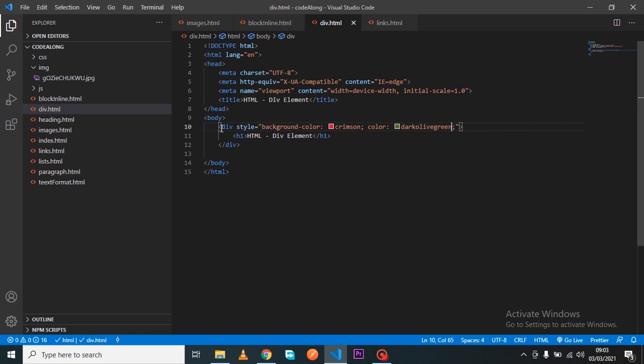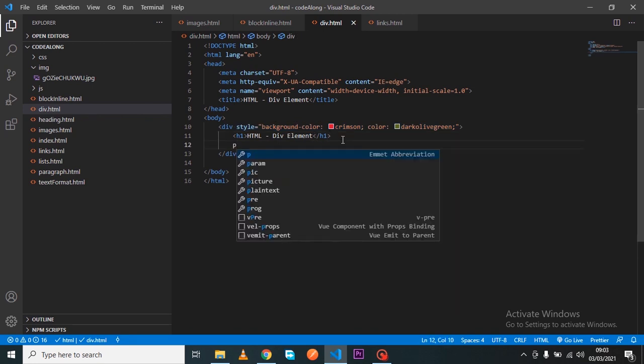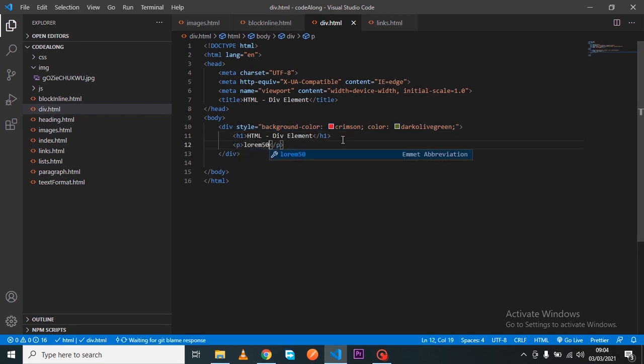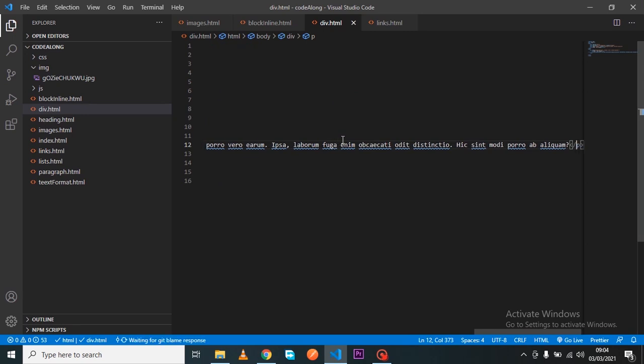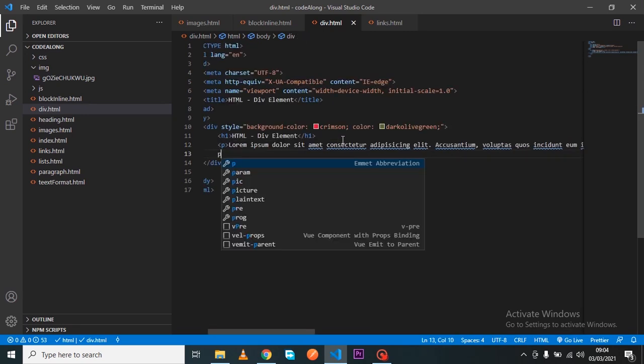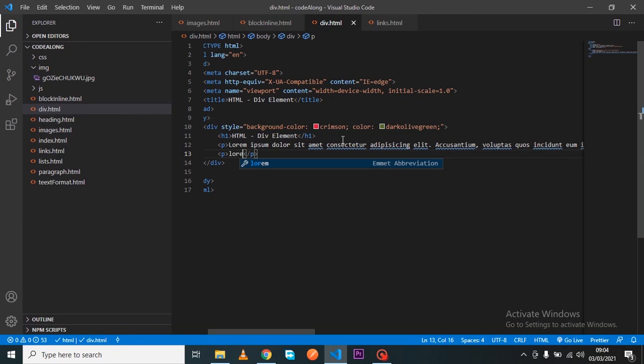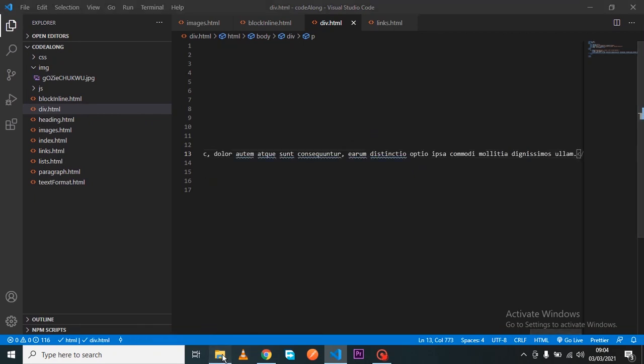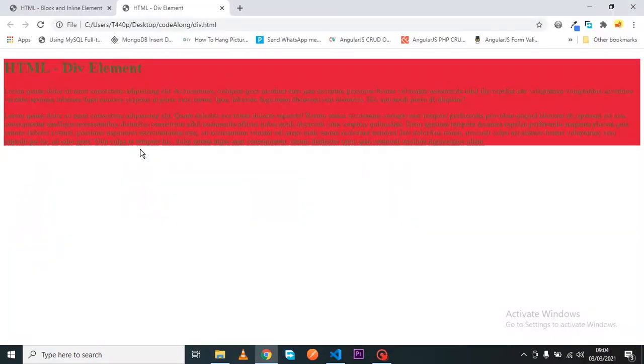Now, the advantage of having a container element for containing other HTML elements is that whatever style you assign to this div, the children will inherit it. So if I have, let's say, a paragraph here with lorem 50, and another paragraph with lorem 100. So let's look at this. There's the div. You can see that whatever you style on the div, the children inherit it. So it helps us with organization and